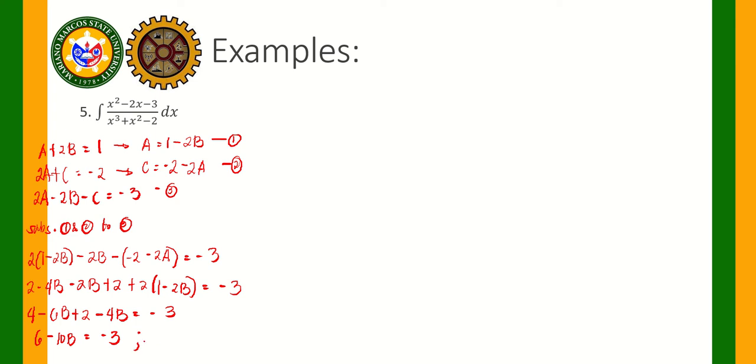And if we solve for the value of b from here, so yung b natin will be equal to 9 over 10. So yan yung makukuha natin na value for b. Now, in solving for a, substitute natin si b to equation 1. Okay, so a is equal to 1 minus 2 times 9 over 10. So, our a is equal to